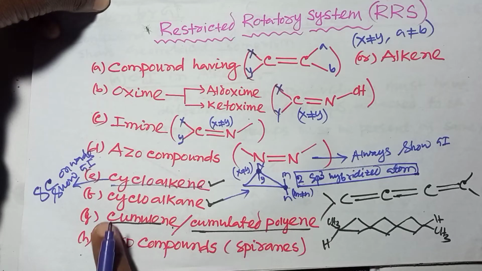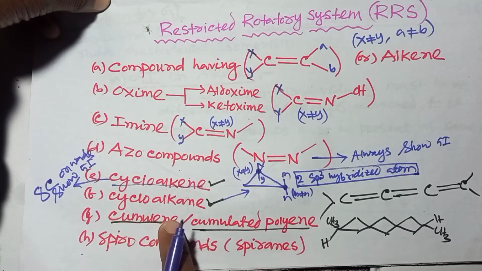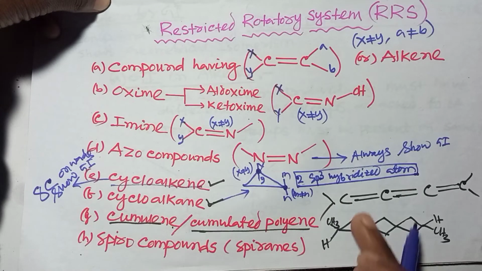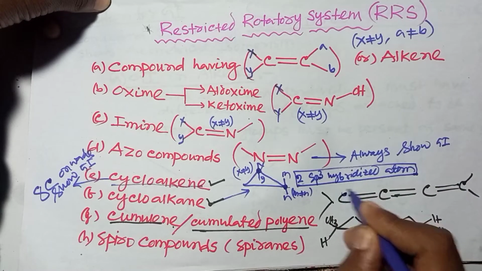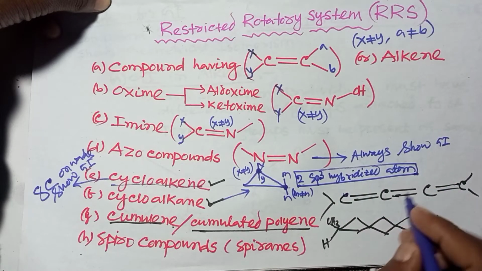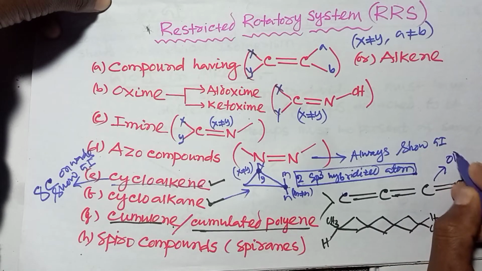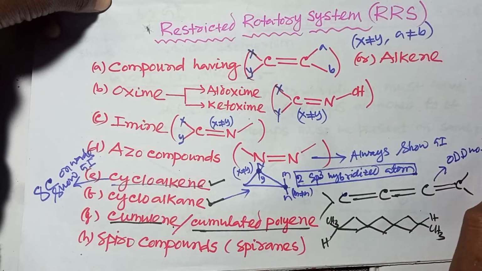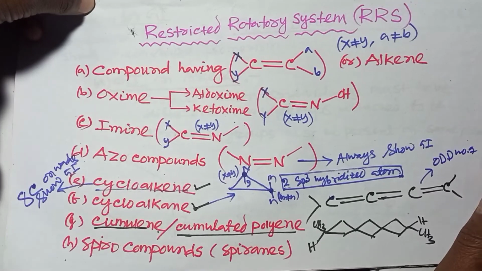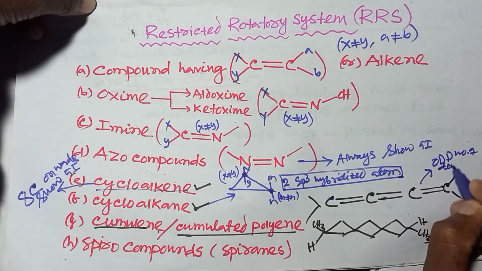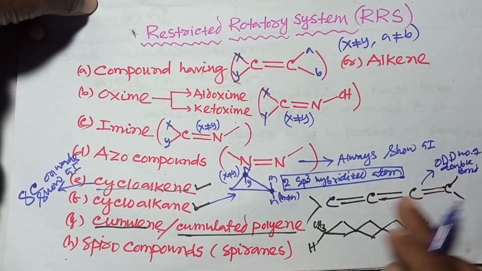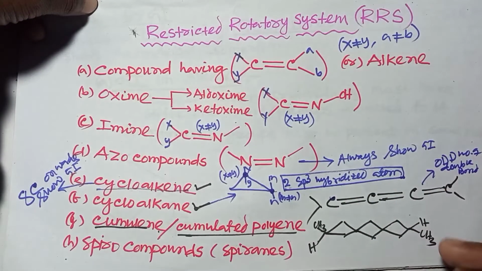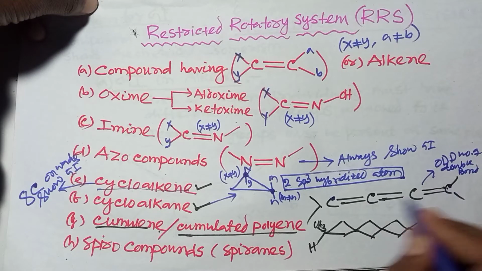Okay, then next comes the case of cumulene or cumulated polyene. That means a structure like this. The condition is that this kind of structure should contain an odd number of double bonds, and that these two end carbons should be connected